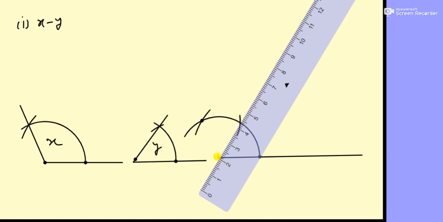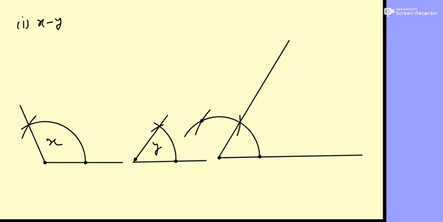Yes, with the help of a pencil, you can draw like this, and that angle is the x minus y angle. So you have to know. So you can write here. Now remove the scale, and this is your x angle, it is your y angle, but this is the x minus y angle. So you can draw like this. So you can name it first, it is your ABC, and it is EFG, and this angle is PQR.